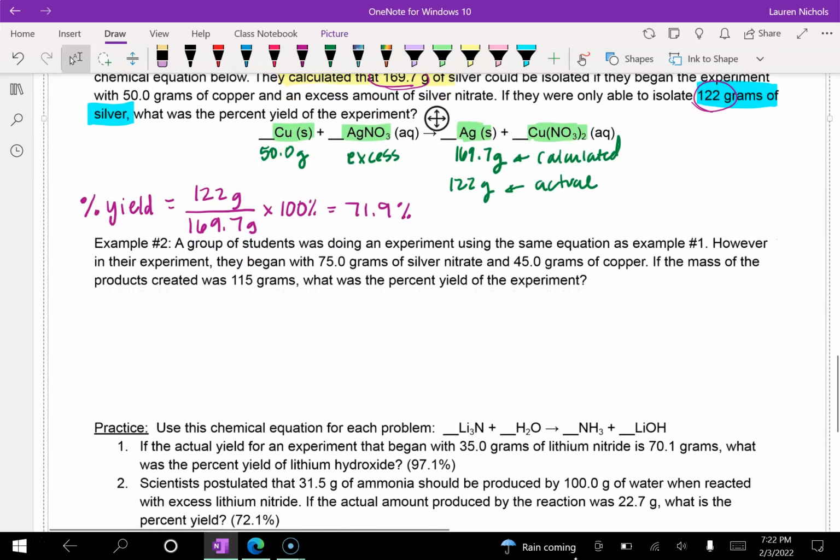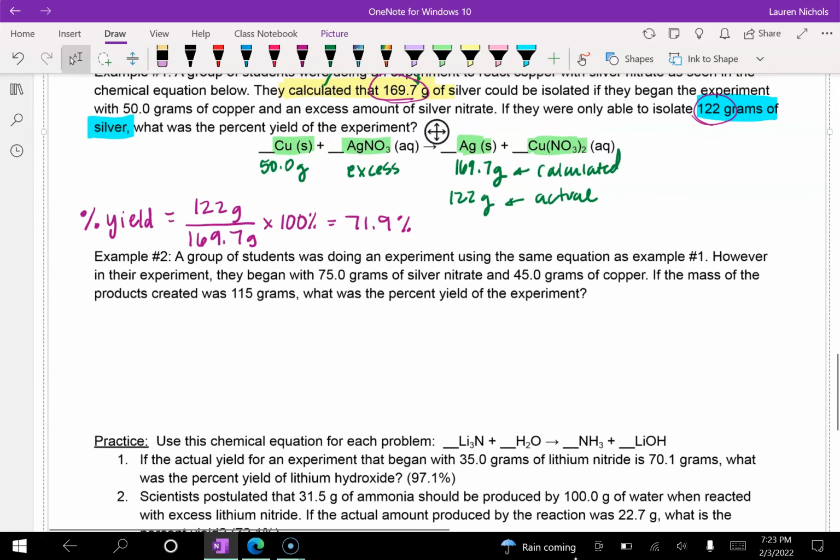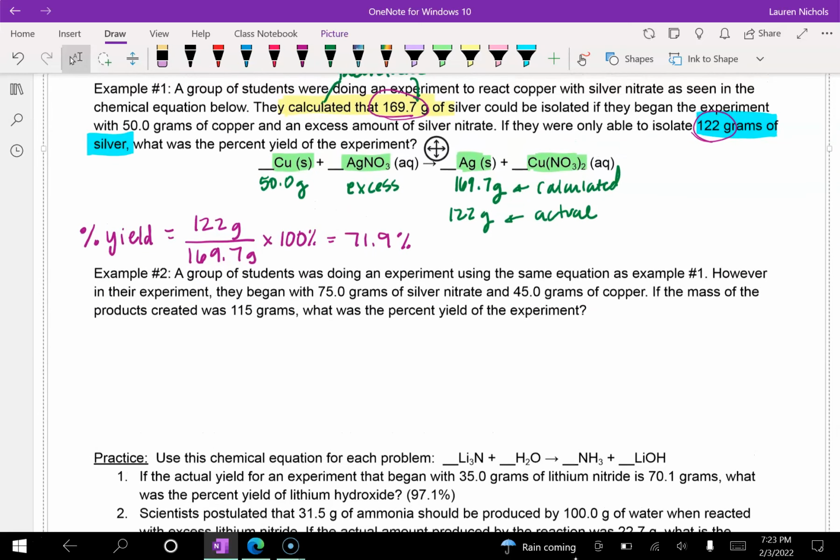So let's look at example number 2. It says a group of students was doing an experiment using the same equation as example number 1. So we're still using that copper and silver nitrate equation. However, in their experiment, they began with 75 grams of silver nitrate and 45 grams of copper. So let's just rewrite it here. We have copper plus silver nitrate,